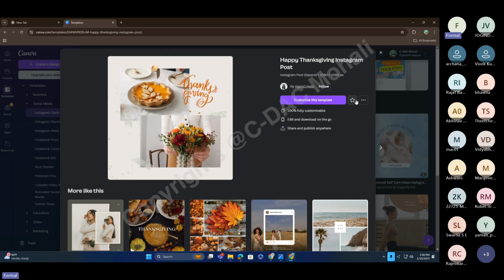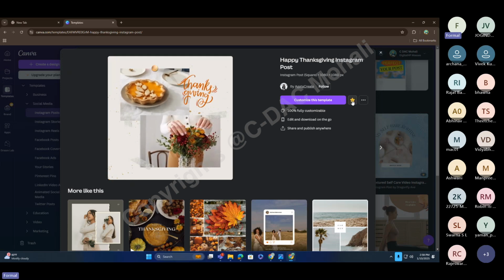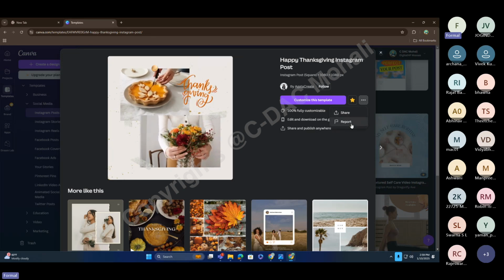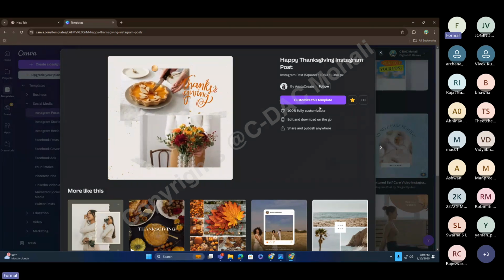We have the option to make it a favorite. We can use this star icon. So this is the star or favorite. If you want to use it again, you can use it. Then we have these options. In the three dots, we have the share or report option as well. Again, some information,